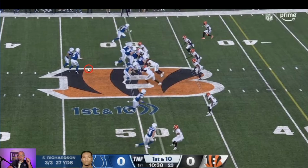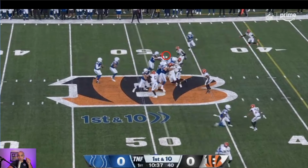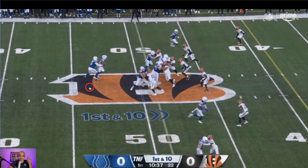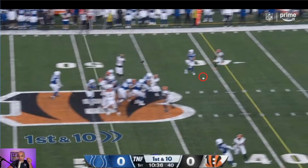All right, here we go. The Colts know all about this. This was a big part of the Minshew offense. The RPO stuff, one read stuff. Once again, AR sees that this safety is really hard in this box. Pause. This is the Gardner Minshew offense all over again. Richardson pulls it, throws it to